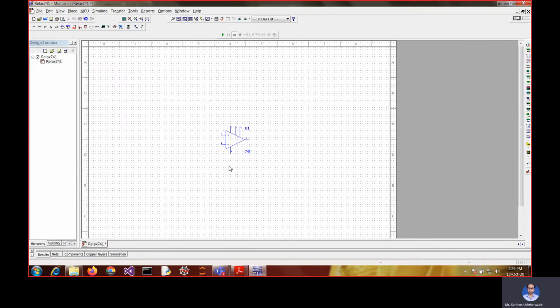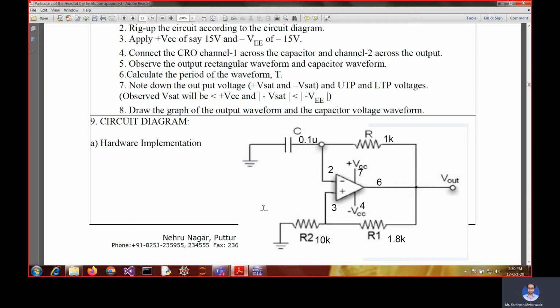Now you can see that pin number 3 is the non-inverting input, 2 is the inverting input, pin number 4 is minus VCC, and pin number 7 is plus VCC. Pin number 6 is to read the output. Pin number 1 and pin number 5 are of no use for us. If you see this figure, pin numbers 2, 3, 7, 4 and 6 are the important ones that we will use here. Once you have placed this, on the top, on pin number 7, we are using plus VCC, and on pin number 4, we are going to use minus VCC.